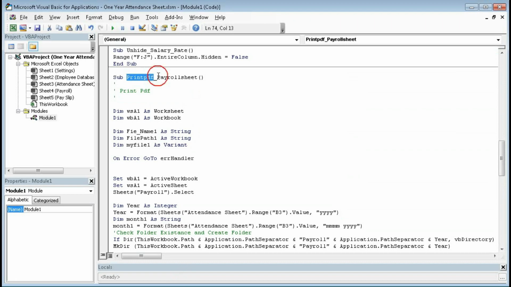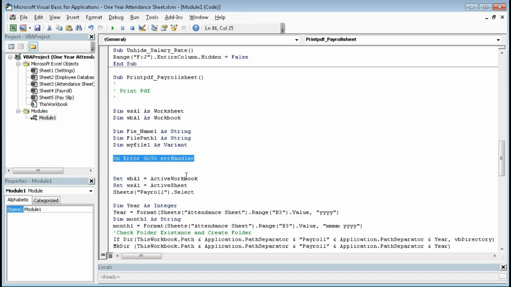This is the name of the macro, and then we declare WSA1 as worksheet, WBA1 as workbook, and file name 1 as string, file path 1 as string, my file 1 as variant.